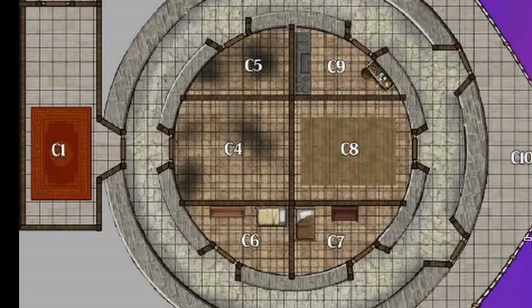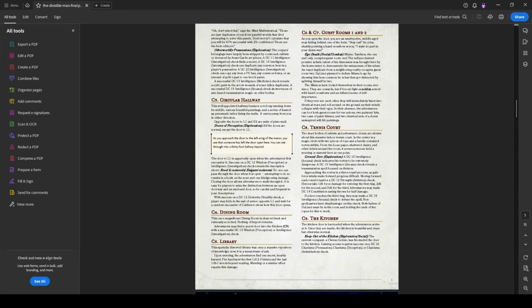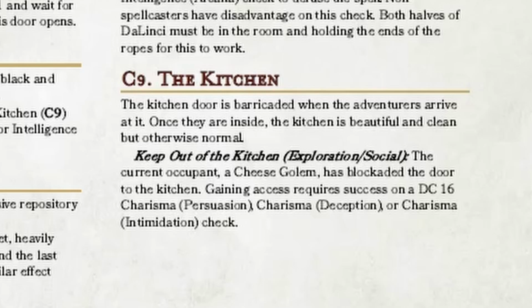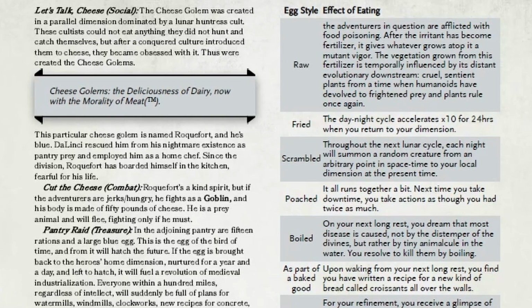There's like a secret door between them. And inside of the kitchen is a giant cheese golem named Rockford. And he knows that the egg that hatches the future is here. This is a really, really bizarre item, and if the party stumbles into this or figures their way into this, this can be a great way to add some very strange spice